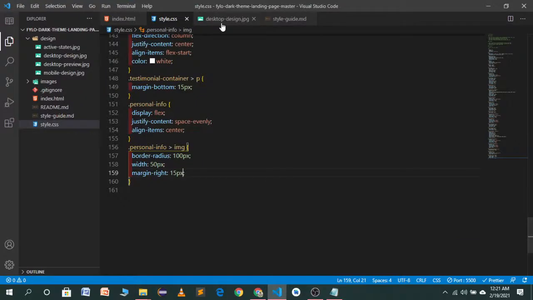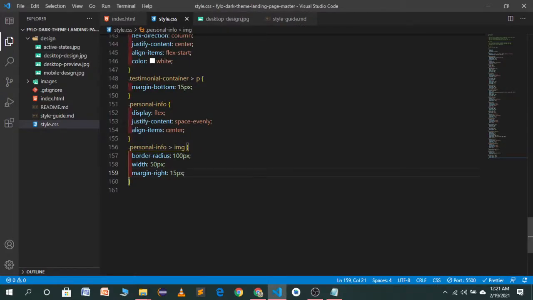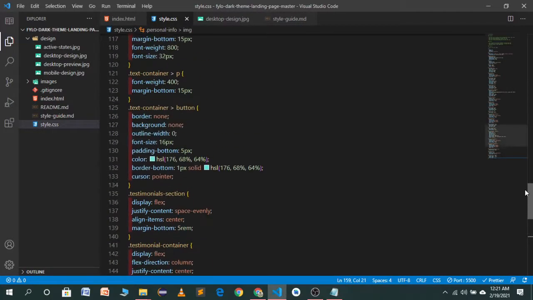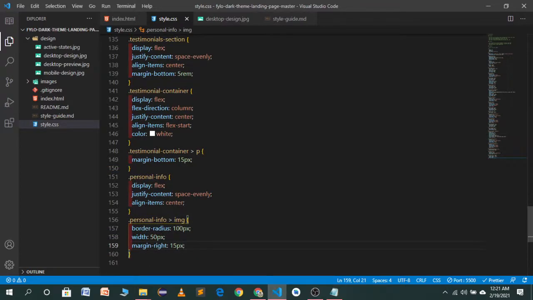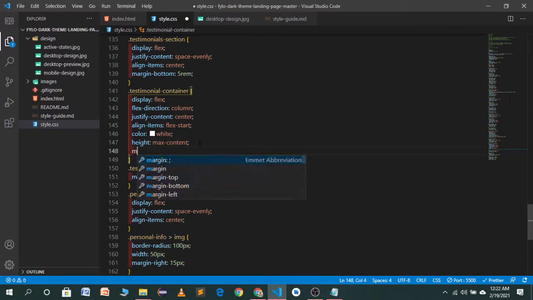in this demo, we have a background color. So first of all, we will give a height and width to our container, which will be this testimonial container. Height will be max content, width will also be max content.